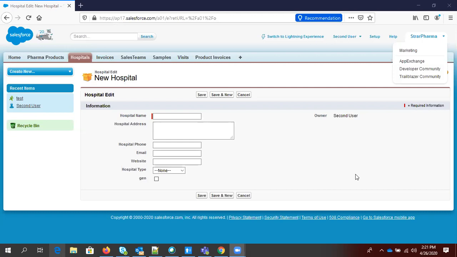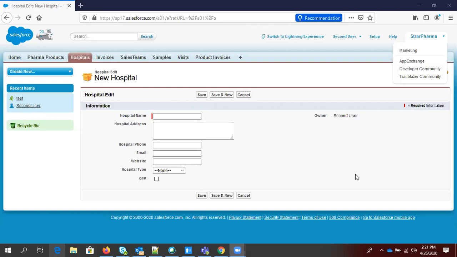But if you have 50 users and you want to give extra permission to, let's say, 25 or 30 users, then it is better to create a new profile. So it is your own assessment. If it is a lower count, you can create a permission set. If the count is higher or the permissions are higher, it also depends on the permission. Let's say some permission is not available in the permission set, then only you have to create a profile. And if the permissions are higher, it is better to create a new profile. So it's totally dependent on your assessment.